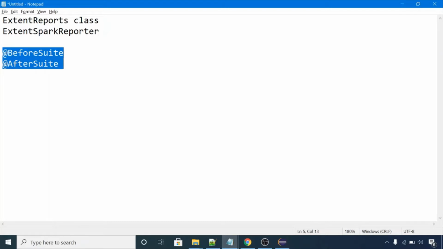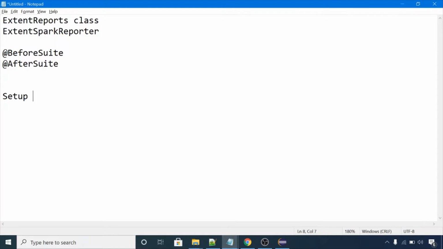These are common for your whole project, and BeforeSuite will be executed at the start of your project execution. If you have no idea about BeforeSuite and AfterSuite, please explore these annotations first.